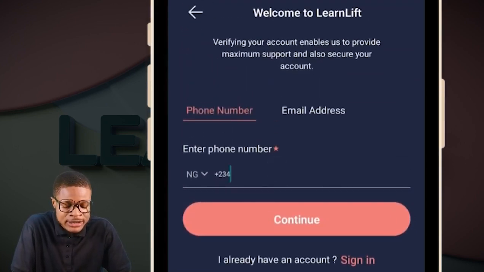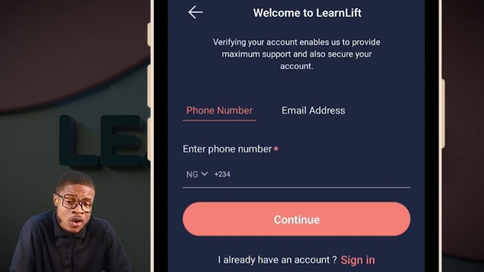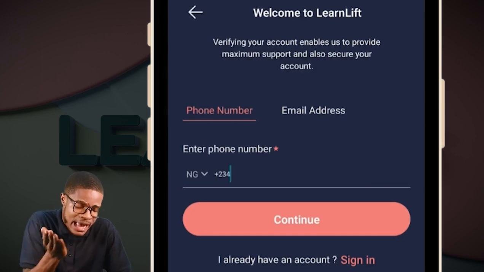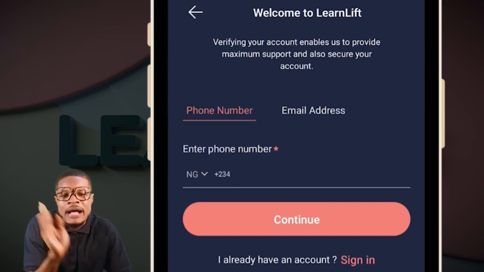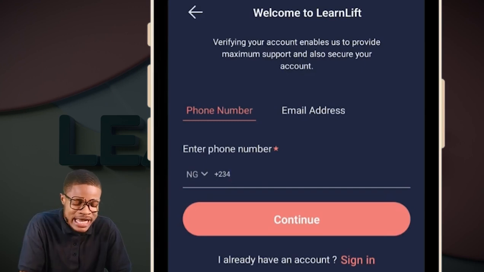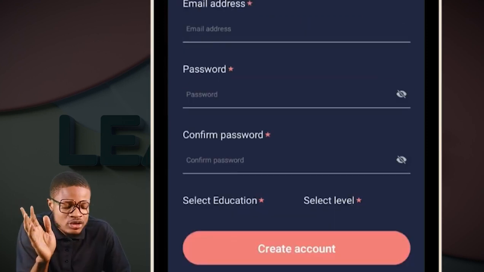Once you click on it, the next thing is to put in your phone number. You can see +234, then put your phone number, whatever your phone number is. If you don't have a phone, you can use your mommy's phone number and put it there, or your daddy's phone number. Use it, and then you can proceed and create the account. So once you create the account and you have put in your phone number,